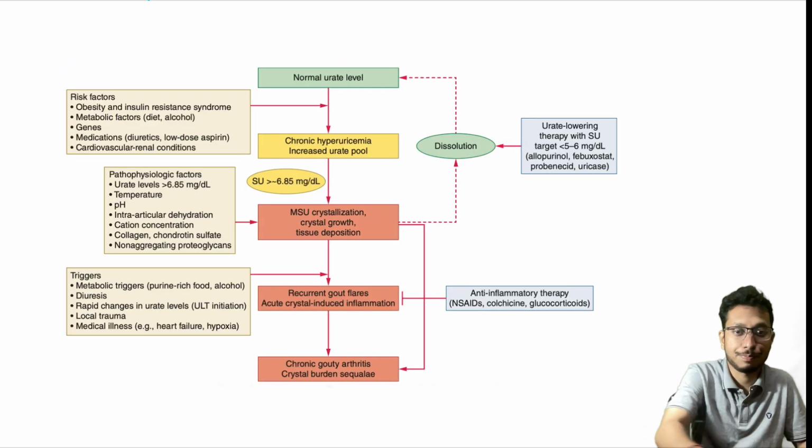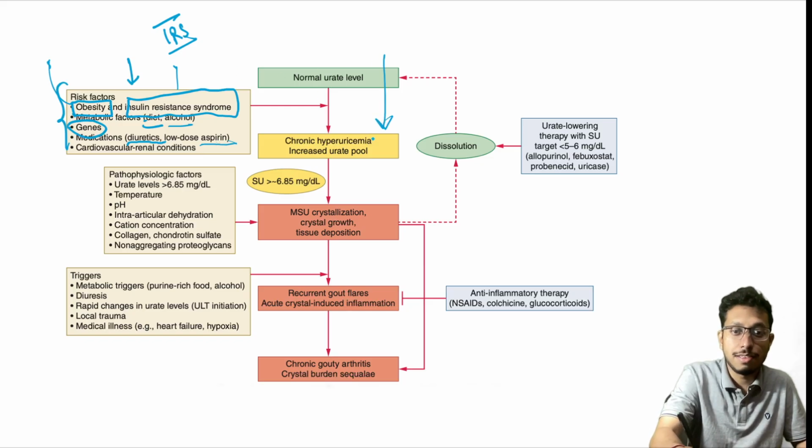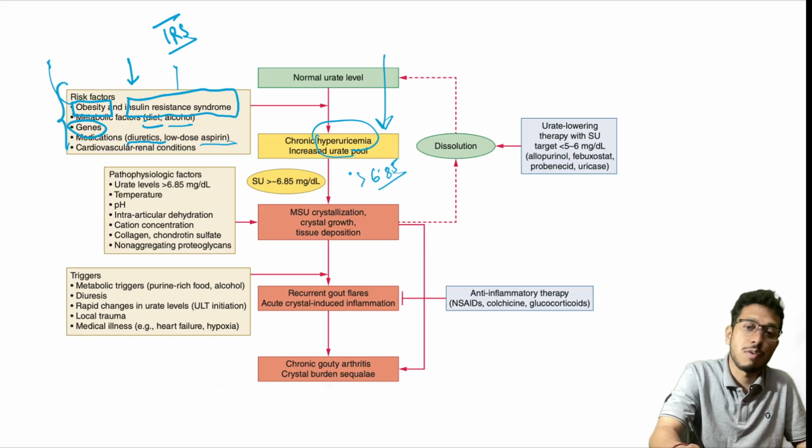Okay, so as you can see, there are some risk factors like obesity. For the people who are currently doing MBBS, remember this is a risk factor, and postgraduates, remember it with a more fancy term, that is insulin resistance syndrome. All right. Then there are factors like diet or alcohol intake and something that is carried in our genes or intake of drugs like diuretics or low dose aspirin. All of those conditions lead to an increase in the uric acid pool in the body, and when a certain level is reached, a level beyond the critical level for formation of gout, beyond 6.8 milligram per dL,